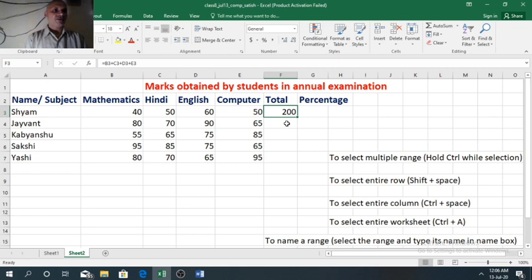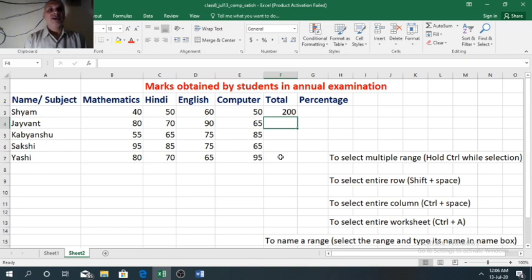To find the total of the other 4 students, do we need to type the same formula again? No. If you type the same formula again, it will take time.